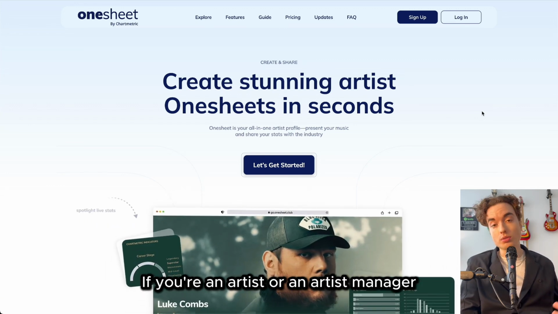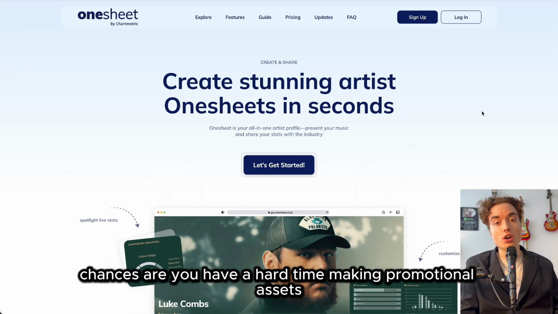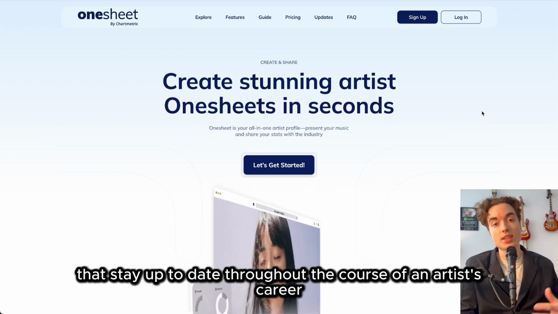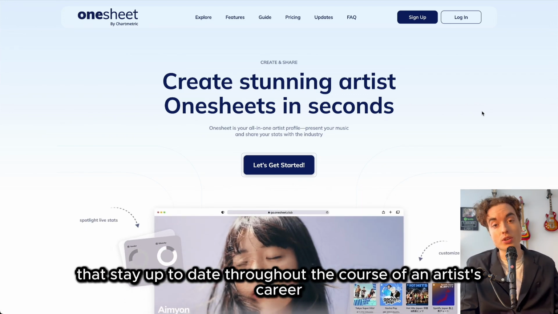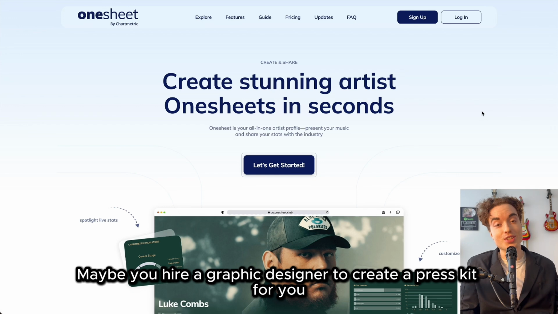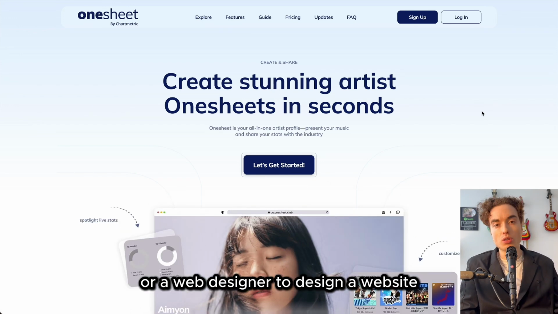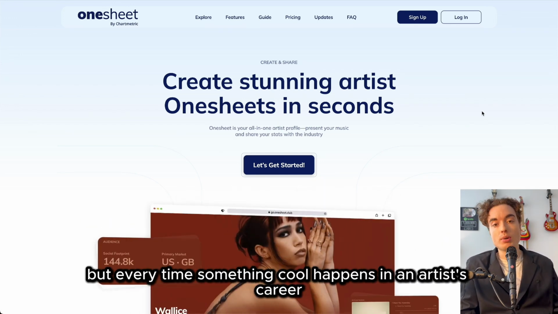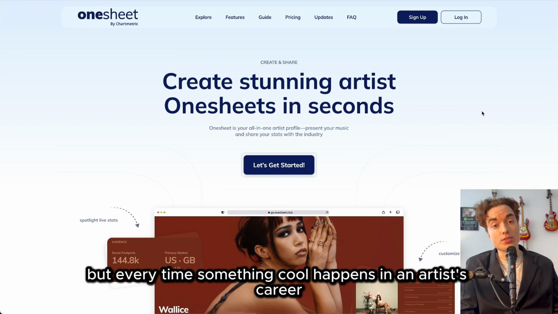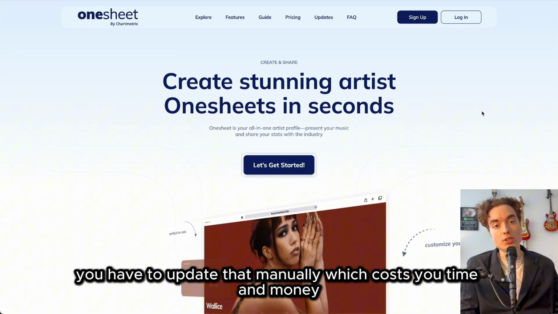If you're an artist or an artist manager, chances are you have a hard time making promotional assets that stay up to date throughout the course of an artist's career. Maybe you hire a graphic designer to create a press kit for you, or a web designer to design a website, but every time something cool happens in an artist's career, you have to update that manually, which costs you